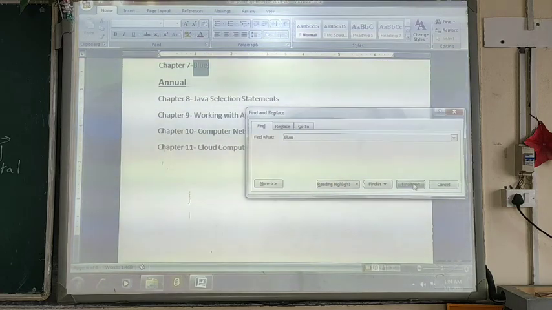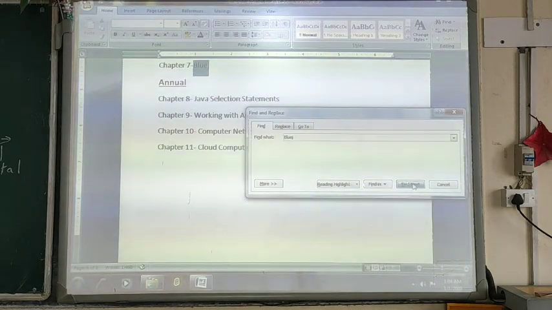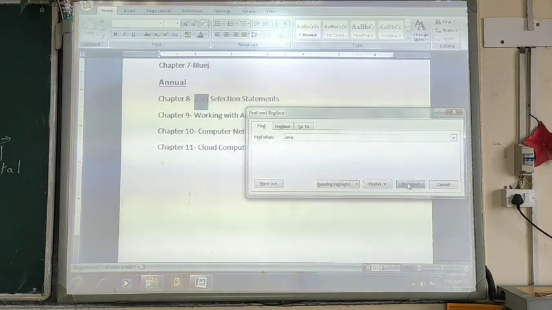Find next option, and if the particular word appears in more than one location, like suppose here I type the word Java. As I click here, it shows the first instance.